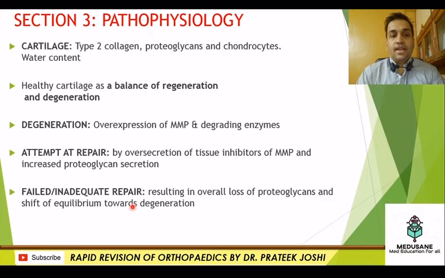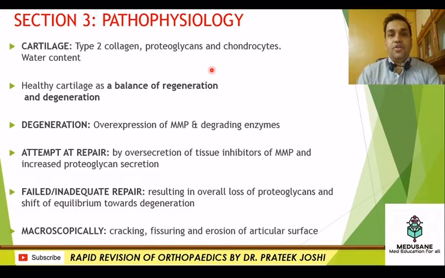But most of the time it is a failed or an inadequate repair, which means that the reparative attempts fail to catch up with the speed of degeneration, and therefore there is an overall loss of proteoglycans, overall loss of cartilage, and therefore the equilibrium which we spoke of here, the equilibrium between regeneration and degeneration, shifts towards degeneration. And therefore macroscopically what we get to see is physical degeneration of the cartilage, which is cracking, fissuring, and erosion